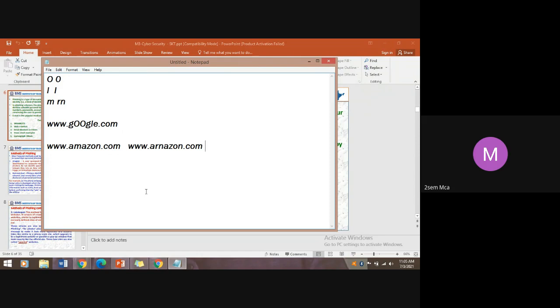The phishers use identical characters that appear to be the same. They are going to use those characters to deceive the targeted person. These are the techniques: homograph attack, phishing, spear phishing, whale phishing,